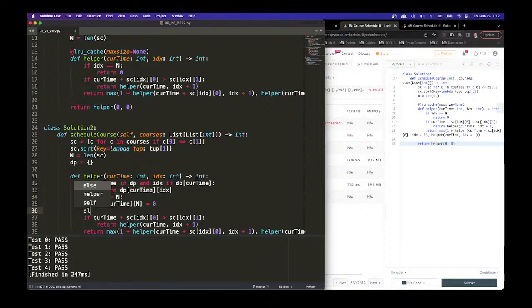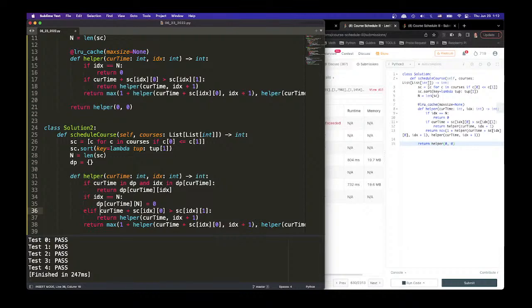Okay, say elif dp current time index shall equal to this, else